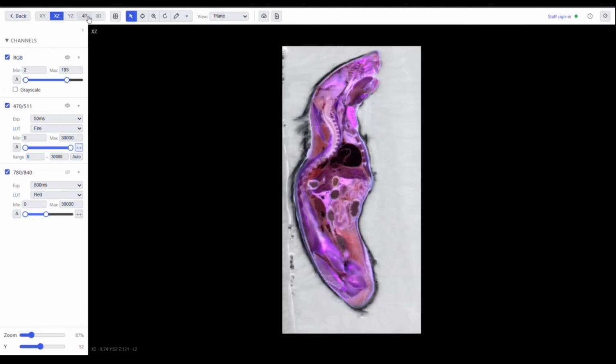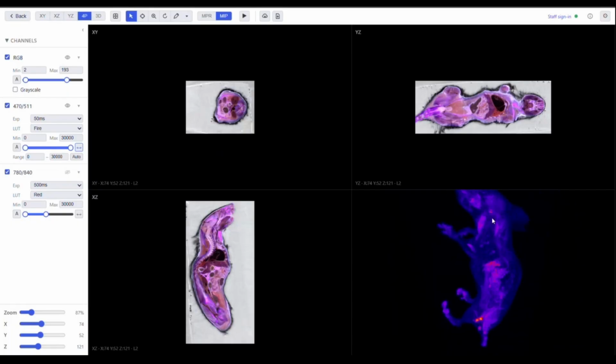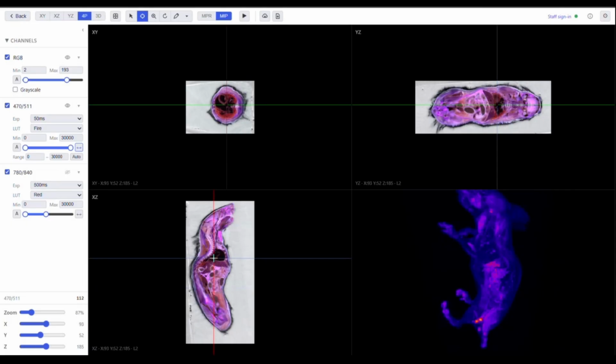For a more complete view of a region, select the 4-panel view. This brings the XY, XZ, and YZ planes together with a 3D view of the dataset. The crosshair tool, by selecting this icon, will link these views. You can click on a point of interest, for example, the heart here, and the corresponding location is immediately identified